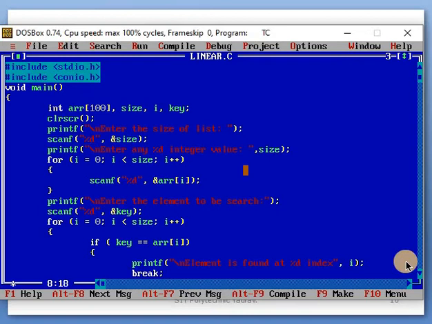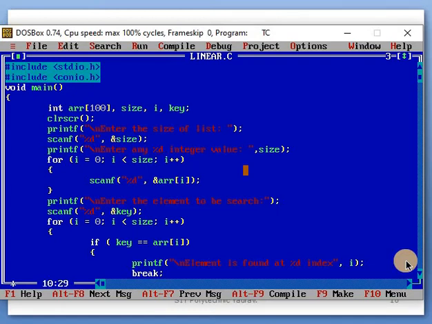The data specifier is written in double quotation marks. Percent is used because the data is declared as an integer. After that, the ampersand and variable name, size, are given. Whatever size is entered is stored in the size variable. Enter any %d integer value, that number is stored in the size variable, and that number will be displayed using